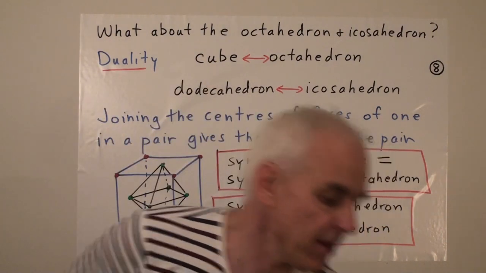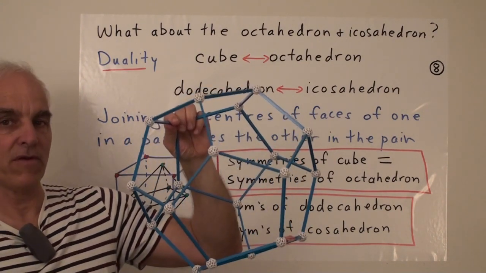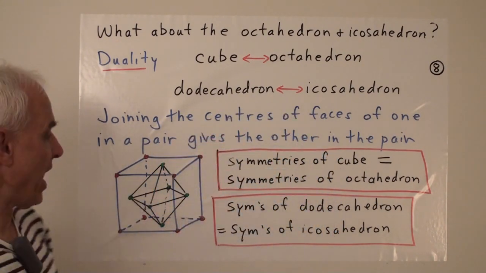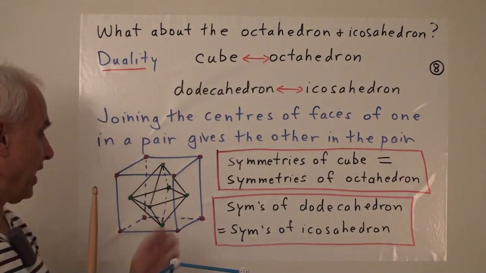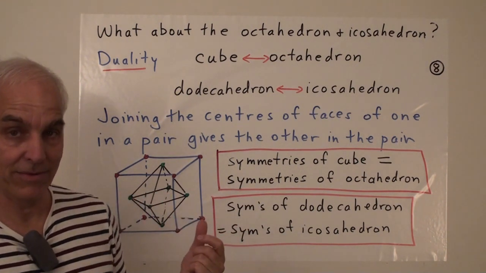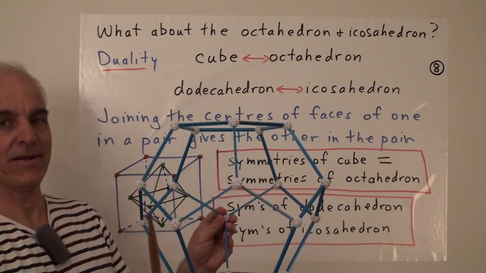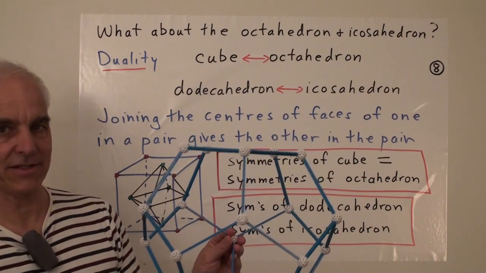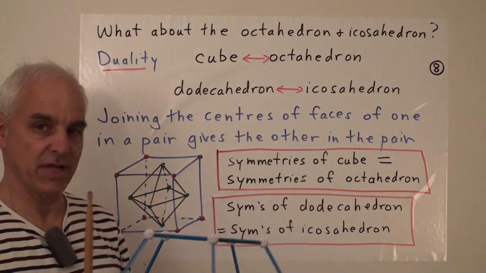And in the same way, if we take the dodecahedron and we look at the centers of all the faces, then we get 12 new vertices, which form an icosahedron. And then what happens is that any symmetry of the cube will give a symmetry of the octahedron. If you permute the cube so it's in the same position, then the octahedron is going to end up being in the same position as well. And similarly, any symmetry of the dodecahedron will generate a corresponding symmetry of this icosahedron formed by the centers of its faces. And it works the other way around: if you have a symmetry of the icosahedron, you can get a symmetry of the dodecahedron by doing exactly the same.